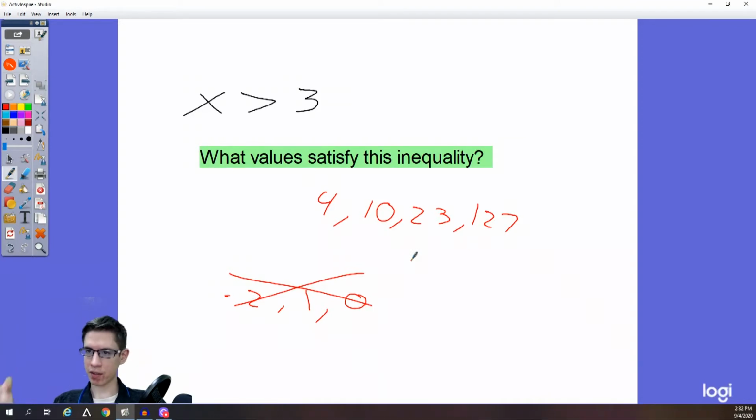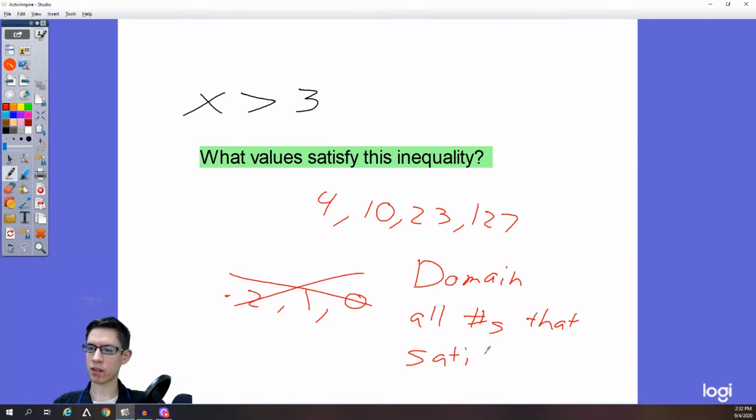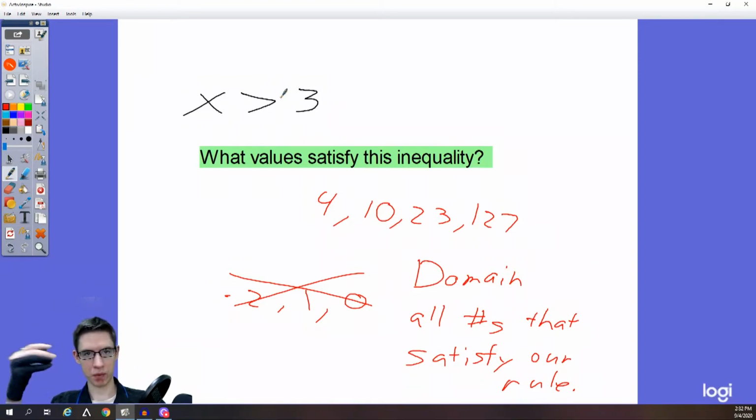The things that fit, the things that work, we call these the domain. These are all numbers that satisfy our rule. Okay, and in this case our rule is x greater than 3,